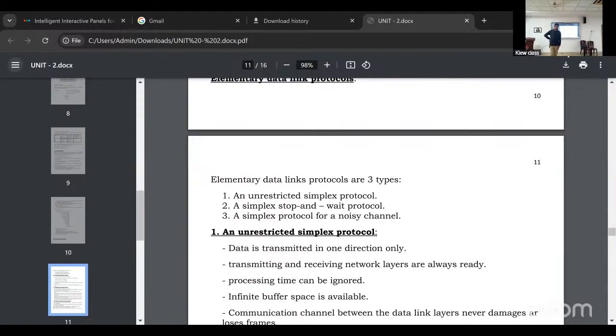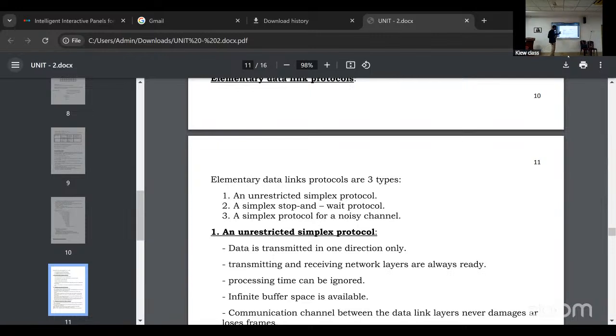What is submitting is dynamic allocation. Very, very important, exam point of view. Dynamic allocation. So what is the dynamic allocation? Static means what? Statically allocating the particular frequency or time slots. Now here, the dynamic allocation, we allocate the channel capacity in a dynamic manner. Which manner? Dynamic manner.